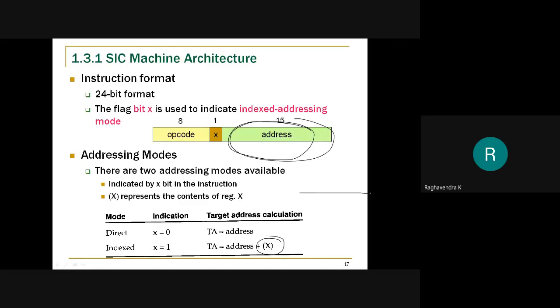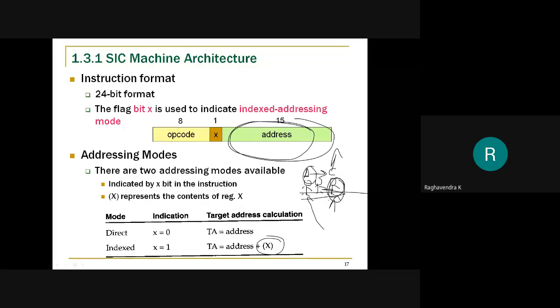Like, for example, as I said, students are sitting. I know student A's name, but I don't know student C's name. So I will tell whoever is sitting two places beside A to stand up. The address is this, but I can't reach that address directly, so I need to add the value that is known to me.